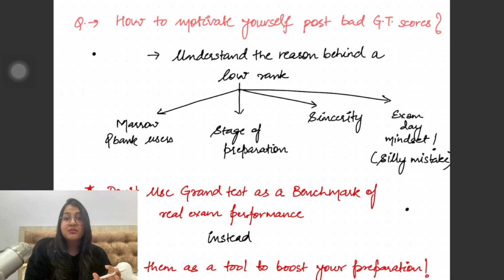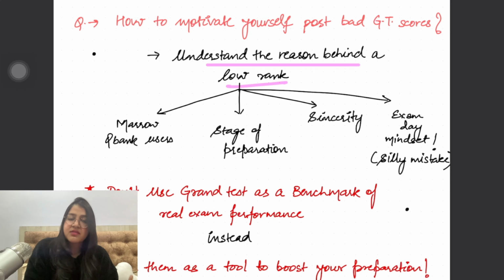Now this is a problem which is very real and somehow people don't really talk about it. I'll talk about it from a very logical point of view. Firstly, you need to understand the reasons behind a low rank. See, A is very simple, lack of sincerity and effort from your side. आपने ही पढ़ाई नहीं किया, आपने ही मेहनत नहीं किया, तो उसका solution is very simple, पढ़ो. कुछ भी और solution है, you have to just sit down and put in that number of hours, that hard work. Success is not going to come that easy. NEET PG and INI is a very simple game. The more number of hours you put in a smart way, the better result you are going to get. So if there is a lack of effort from your side, you need to just simply sit down and study.